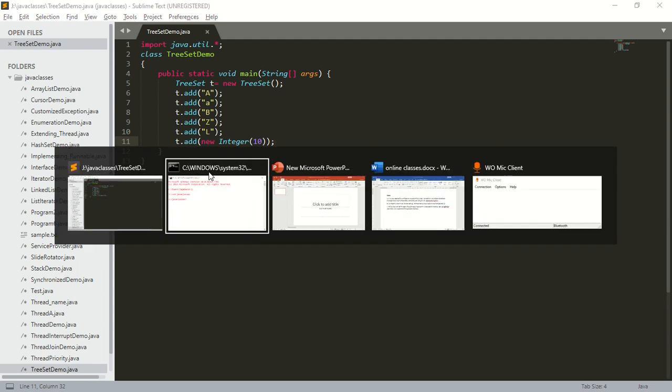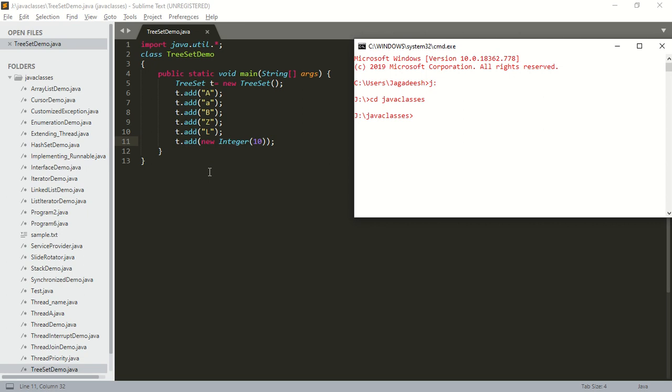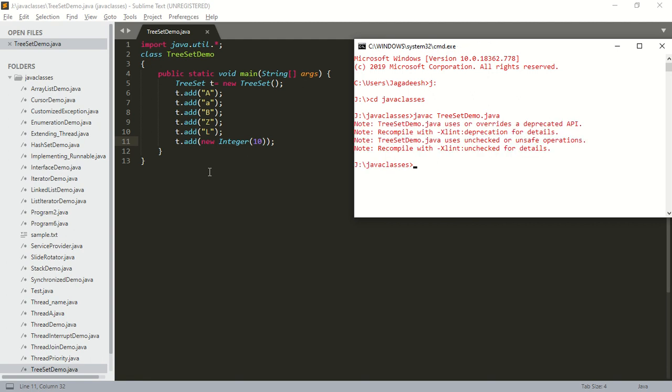Now I will compile the program. So javac TreeSetDemo.java. Next, run the program, java TreeSetDemo. So what happens when I run the program? When I run the program, I am going to get a ClassCastException. Why am I going to get a ClassCastException? Because I am trying to add